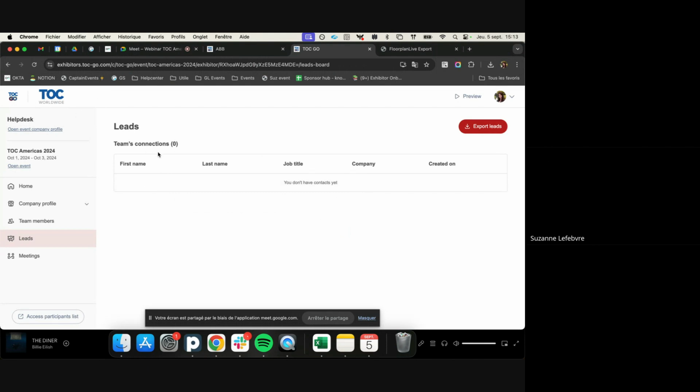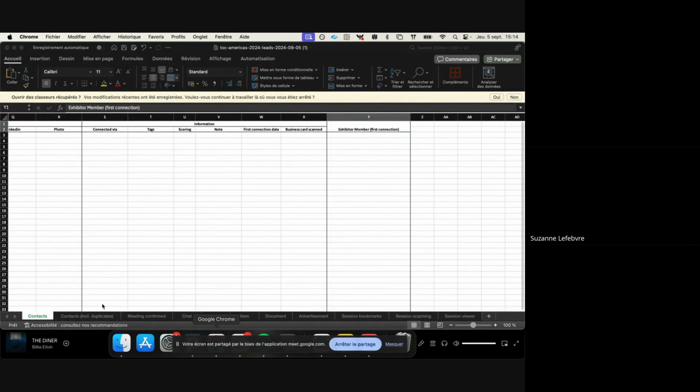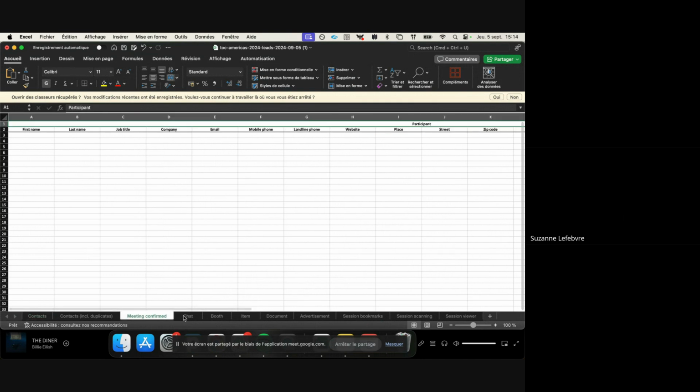So this is very important for you because that's the export you will do after the event. Some people like to do it at the end of each day to see who were scanned and all the information. But don't forget that if you click here on export leads, you will have this tab. And also there are not only the first tab, contacts, but you also have all your meetings that were confirmed,